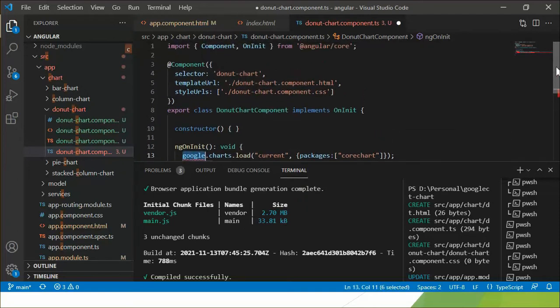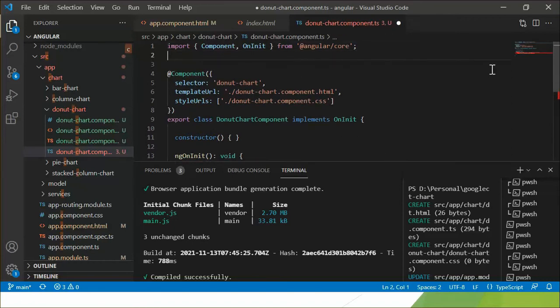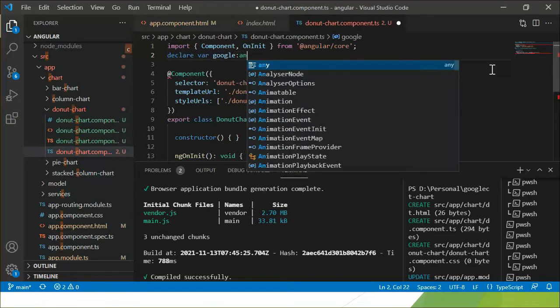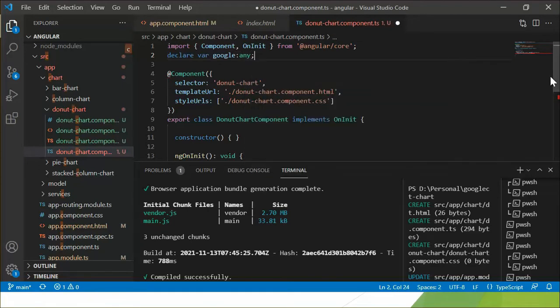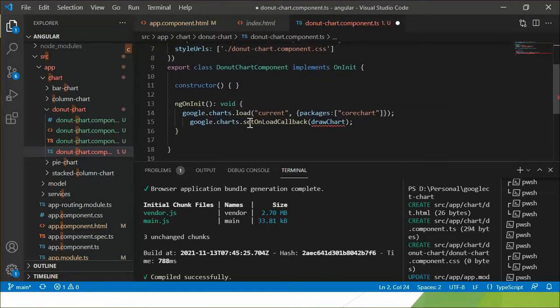google is unknown here, so let's declare it globally. Declare google. The first argument of this method is the version name or number. Current is the latest release of the Google Chart Library, and packages is an array of zero or more packages.